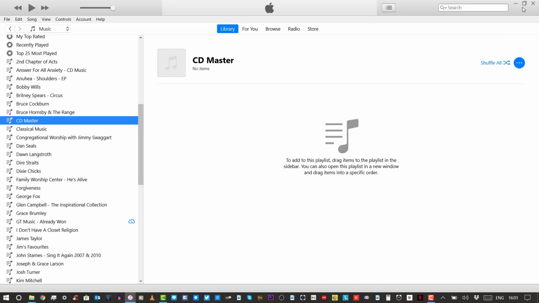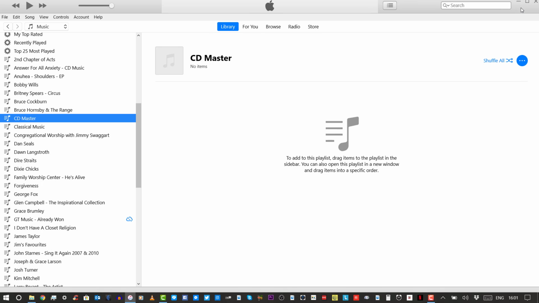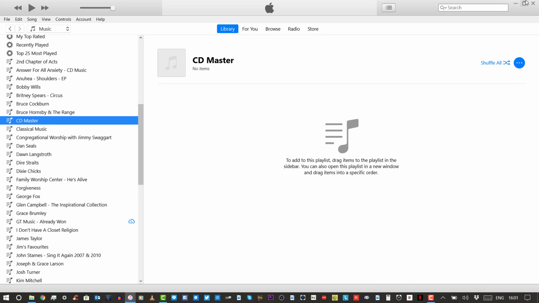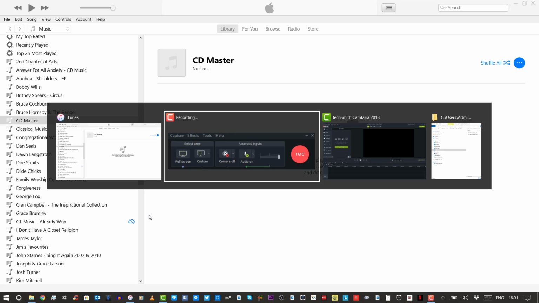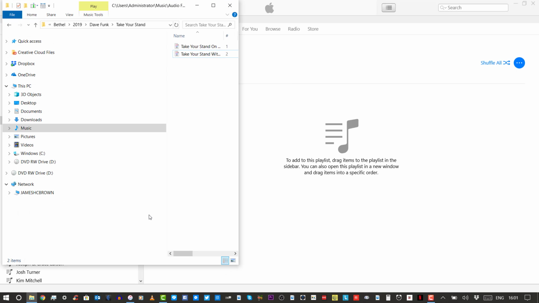So what I'm going to do now is I'm going to get this screen. No, that's not right. Okay, yeah, because iTunes is a little crazy at times. I'm going to see if I can get my File Explorer. You will be using Finder for this, and I don't have it on the right screen, so I'll just